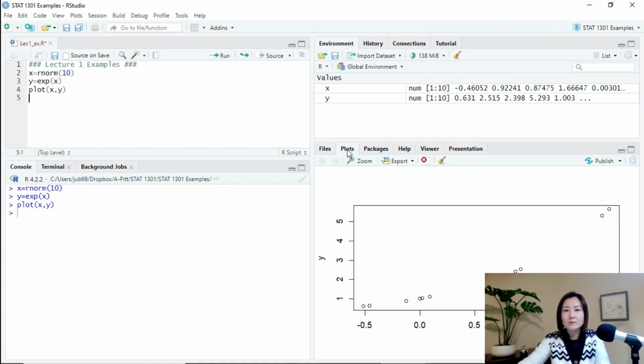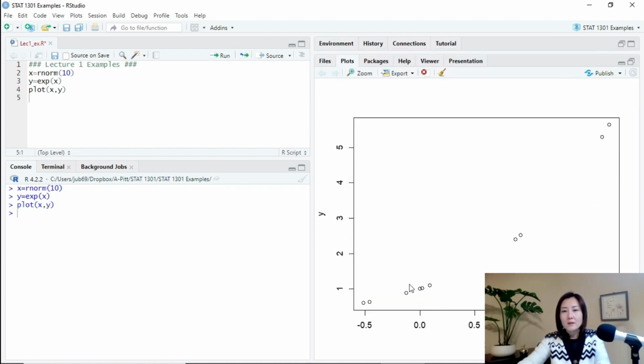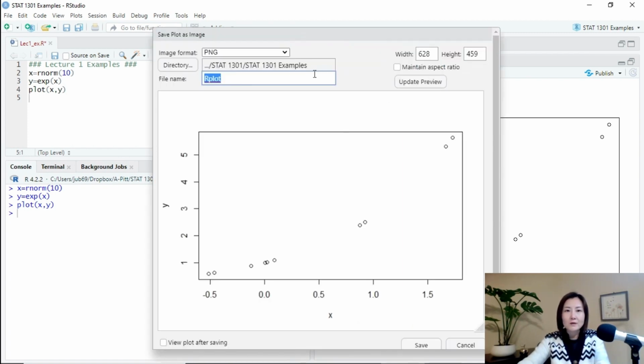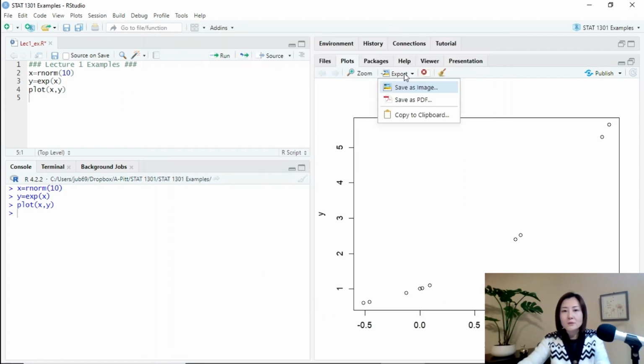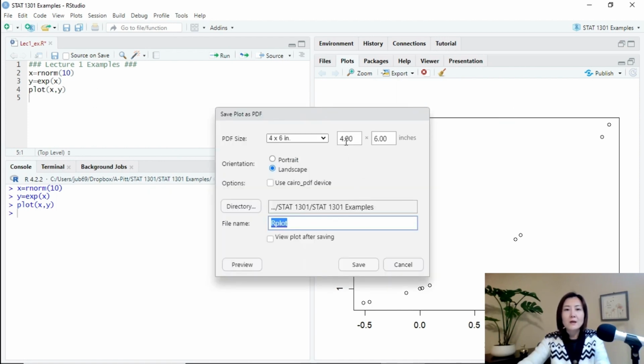For example, go back to plots. Click the Plots tab and then make it larger. It's a scatter plot. I can click Export, and you can choose to export as an image. You have different choices like PNG, JPEG, etc. Or you can choose to export it as a PDF file, for example. And then you can choose the dimension in inches. For example, suppose I want to create a 5x5